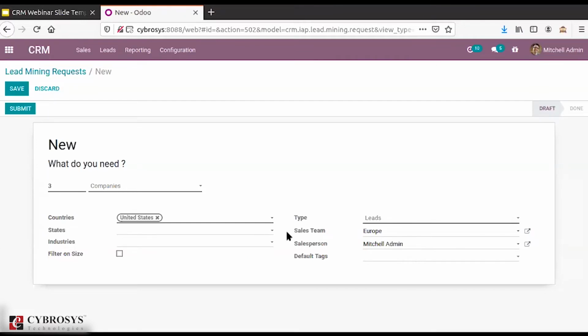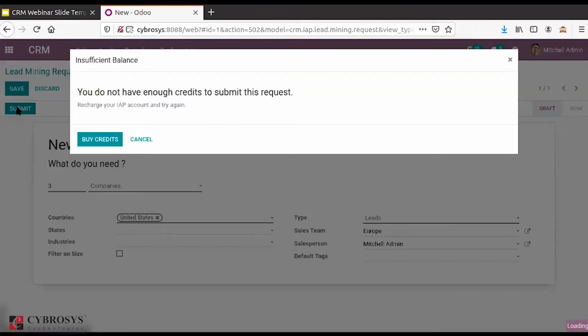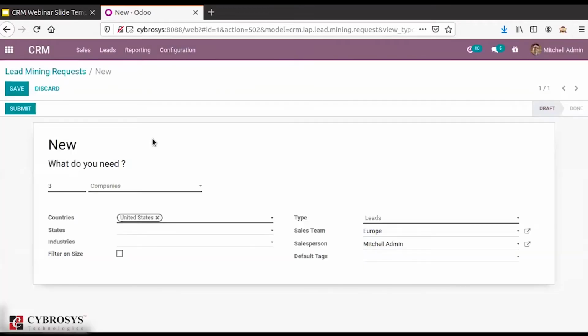For that purpose you can do it like this and click on the submit button. When you click on that, obviously a pop-up will come saying you don't have enough credit to submit this request, and they will ask you to recharge your IAP account and try again. This is what I told you earlier, that it is a paid service, so you have to buy the credits.